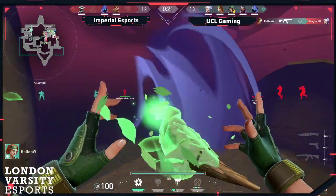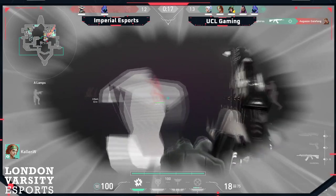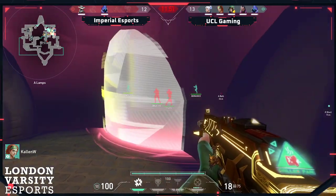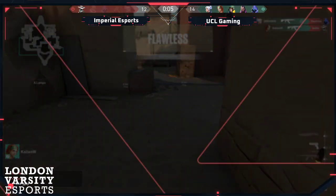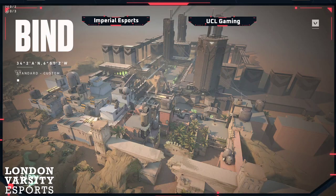Oh my god. Did he flash himself and still get the kill? He flashed himself and he still got the kill. Was he flashing out the smoke there? He's stunned. How is he still alive? He got hit with just about every single piece of util in the game there, and he's still standing. Duranko takes down Neutrino. Wasi with the kill onto Index from, I think, 12-8 down, in fact, to